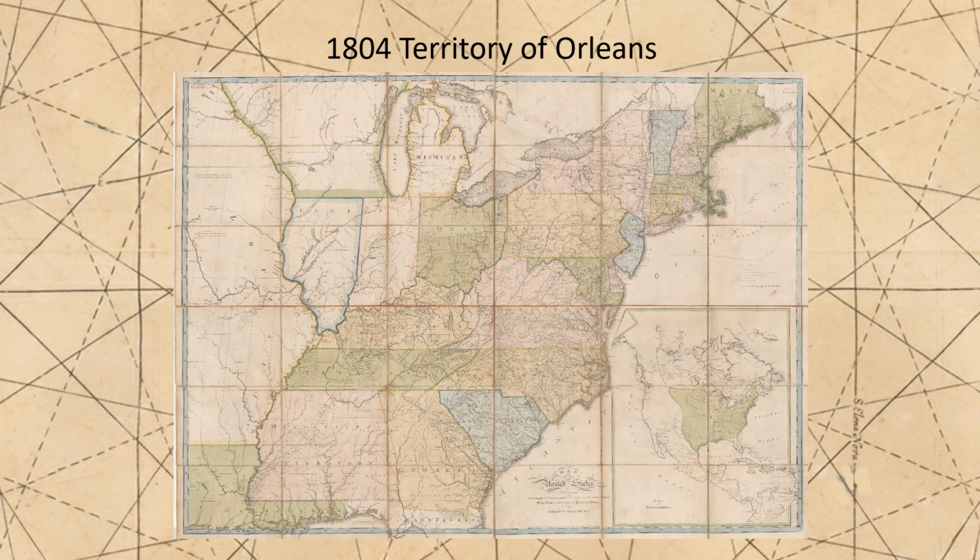Within a year of the Louisiana Purchase, the process of breaking up this vast new U.S. territory into smaller political units was begun. In 1804, the Territory of Orleans was created out of the relatively settled part of the Purchase, which was the home of mainly a French population. The rest of the Purchase became the Louisiana Territory.